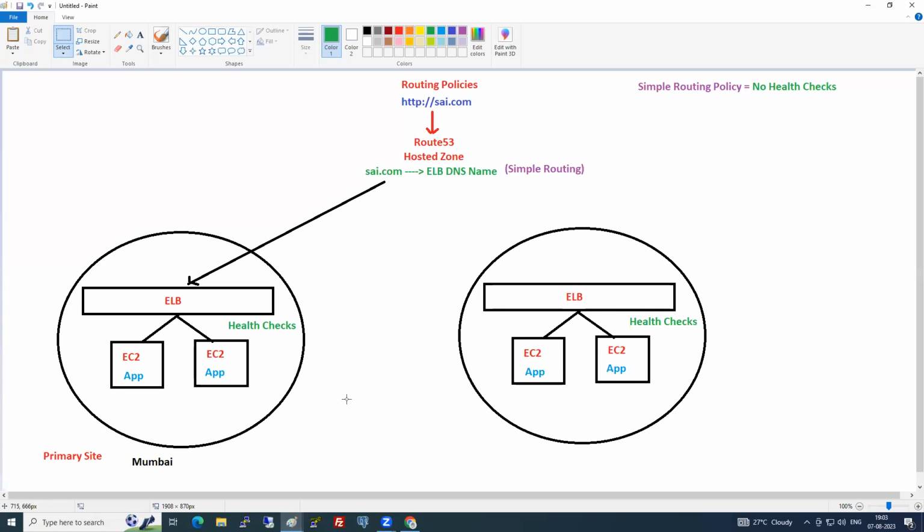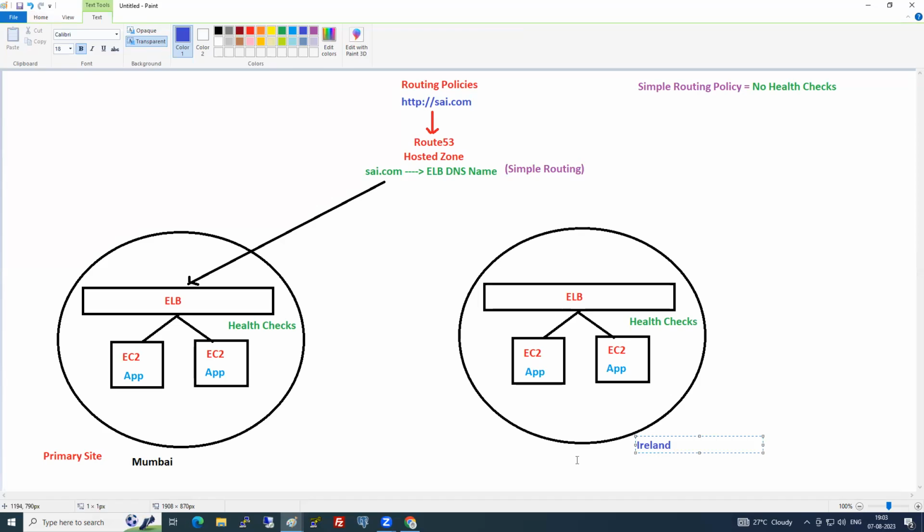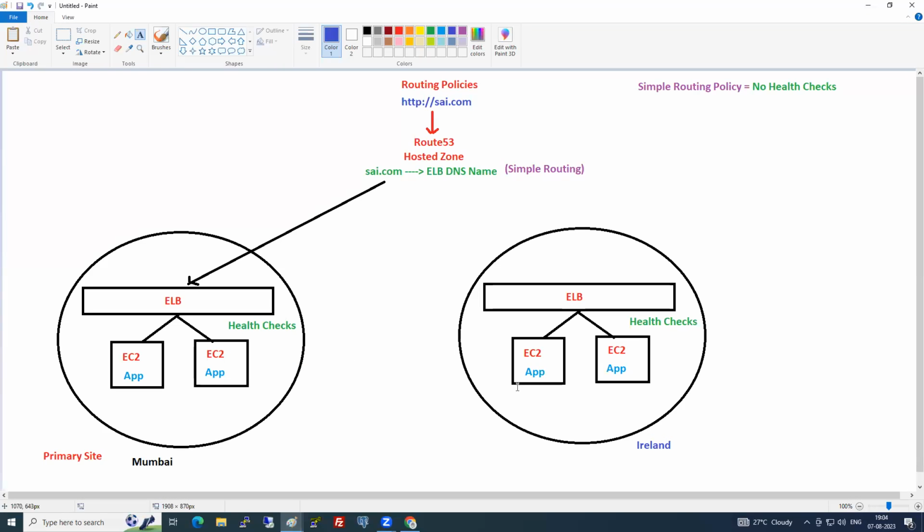You can have it in the Mumbai region also, or in another region. Can I put it in the Ireland region? So this is my first setup and this is my second setup. That is the primary site and this is the secondary site.